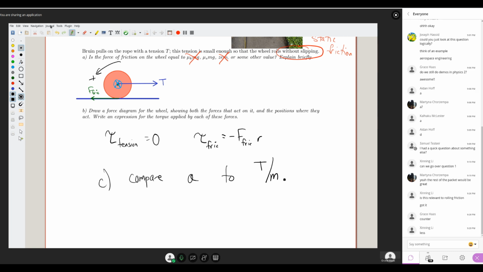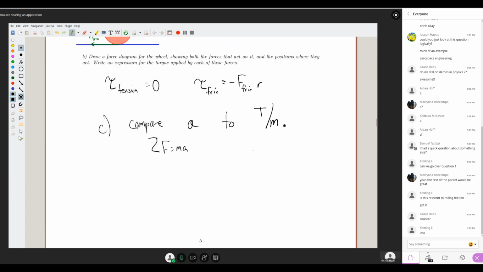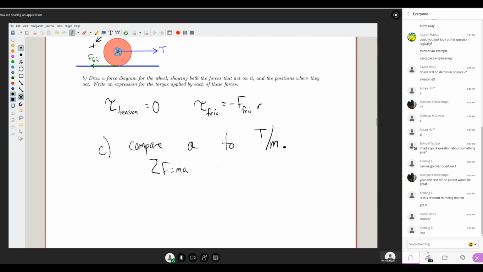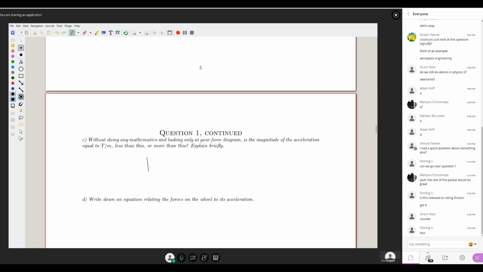Less. Yep, because you've got another force going to the left, right? So if you had the sum of forces equals ma, then you'd have tension minus F fric equals ma, right? So less than, there's another force